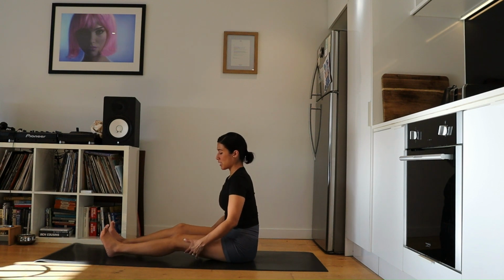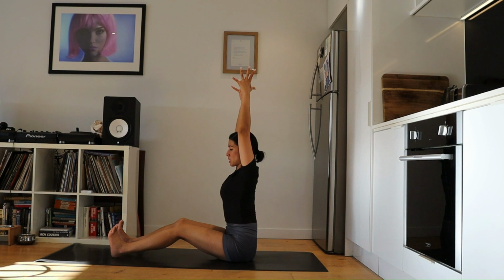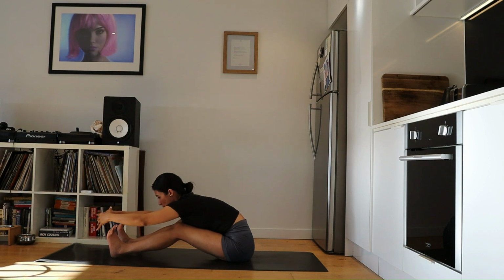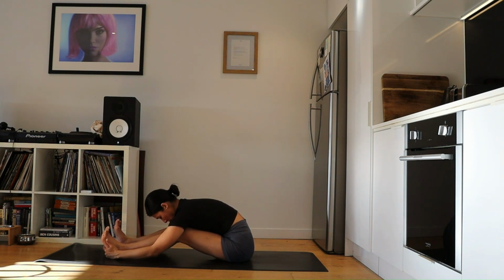Bend your knees softly. Inhale, send your arms up, get some length in your arms, get some length in your spine. And as we exhale, we will drop the belly on our thighs in a sitting forward fold. Whatever we did while standing, we're doing exactly the same sitting. You can choose to grab your ankles or your feet from the outside and hold here in your Paschimottanasana and